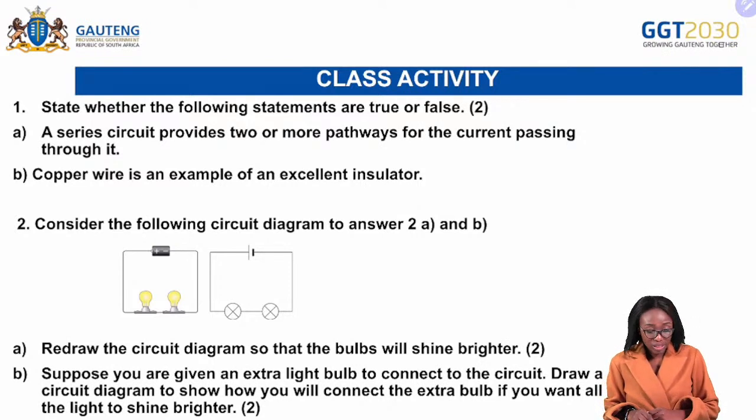Question 2. Consider the following circuit diagram to answer question 2A and question 2B. So you look at that diagram and use it to answer the questions. A. Redraw the circuit diagram so that the bulbs will shine brighter. 2 marks. B. Suppose you are given an extra light bulb to connect to the circuit. Draw a circuit diagram to show how you will connect the extra bulb if you want all the